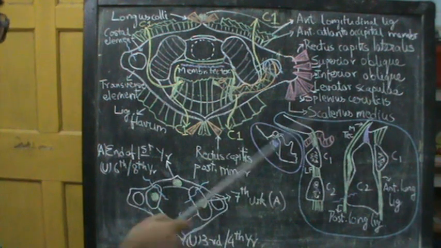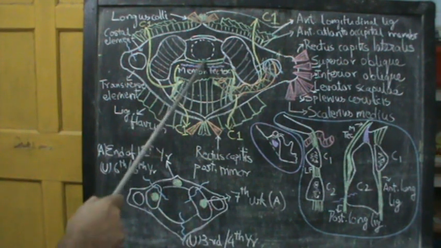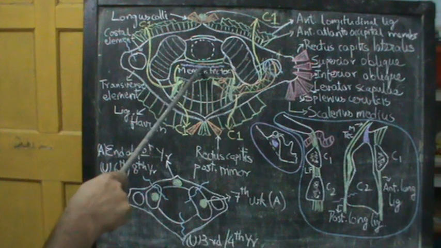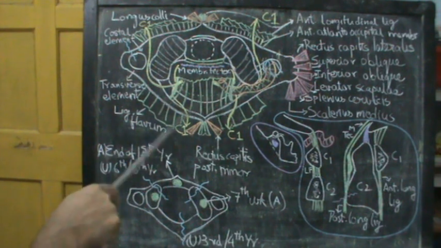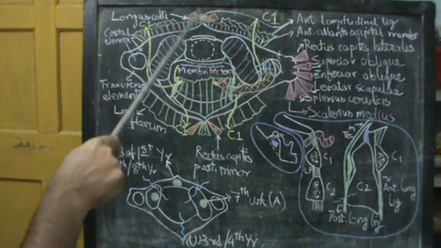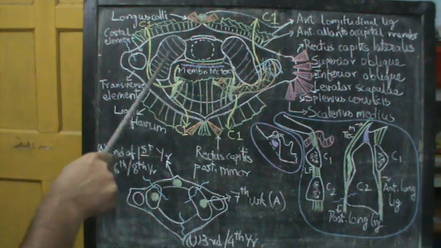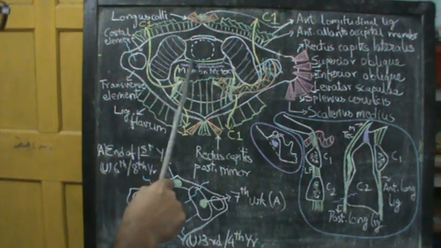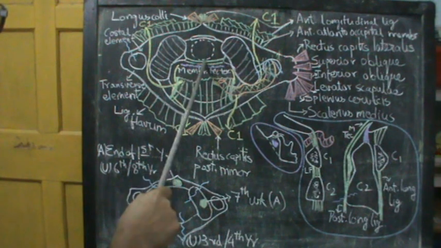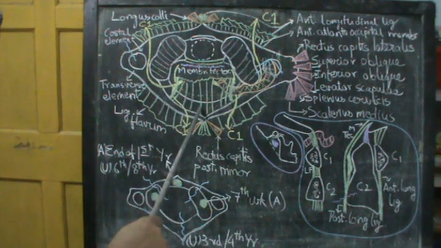And this transverse ligament is not all. There is a vertical part to this ligament. There is a superior band, there is an inferior band, such that the whole thing has got a cruciate arrangement. So this is also a cruciate ligament. So you have a transverse band, a superior part of the vertical band, an inferior part of the vertical band,